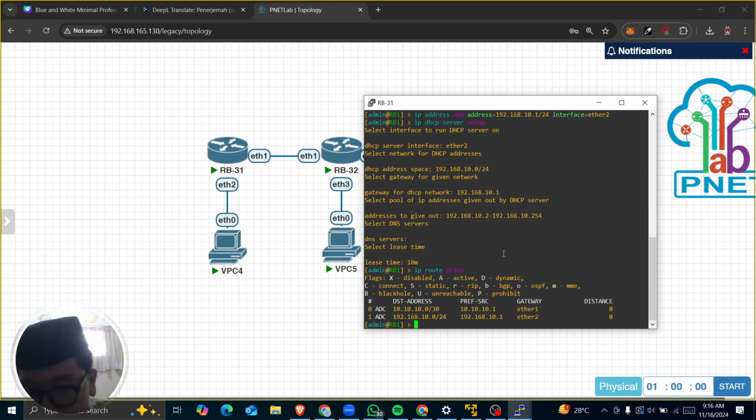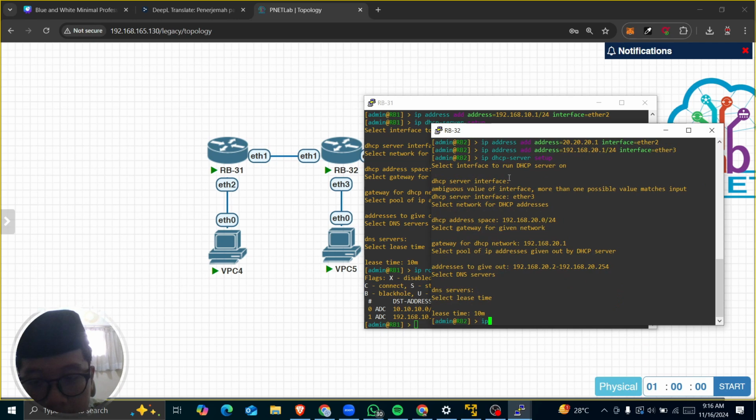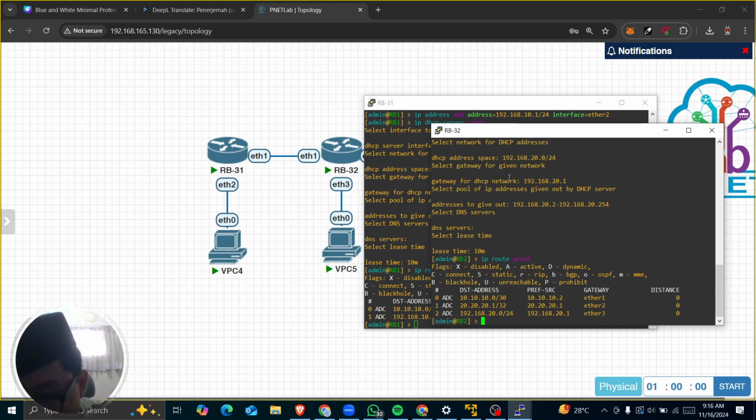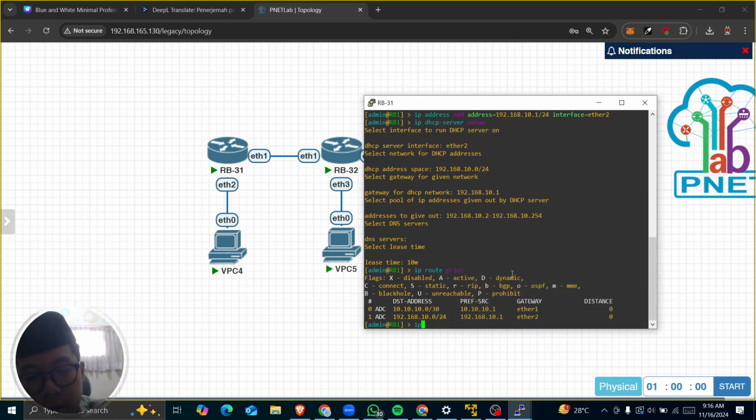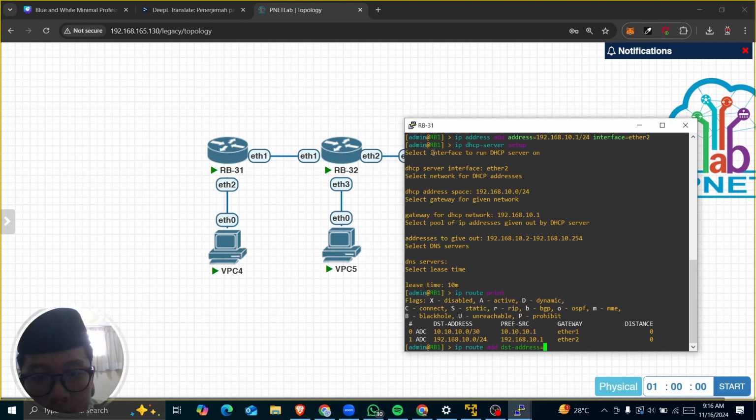So the first that we're gonna do in RB1, same, IP route print. Okay, type this command: IP route add dst-address is to the PC 2 network, /24, gateway is 10.10.10.2.